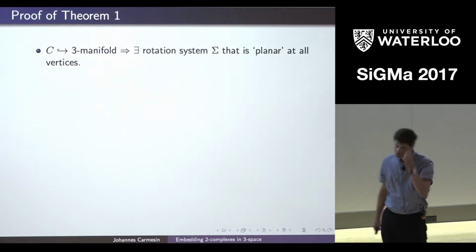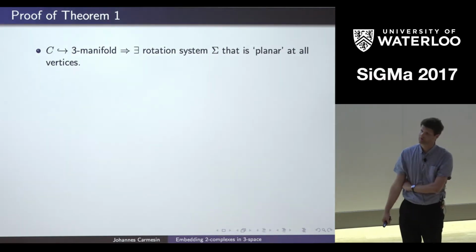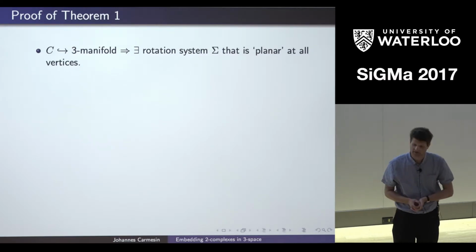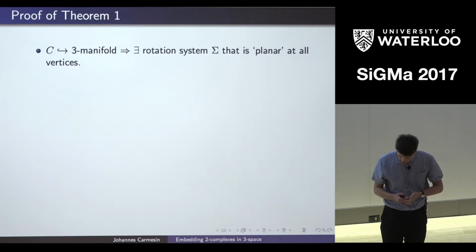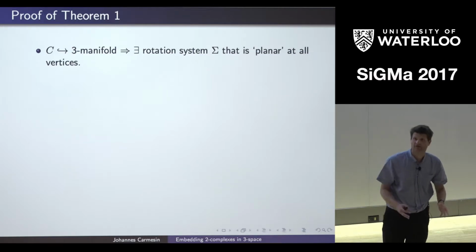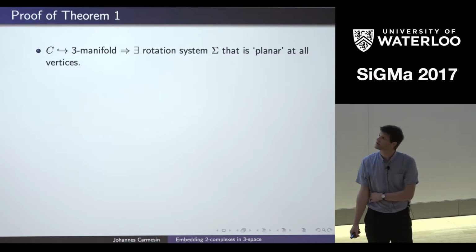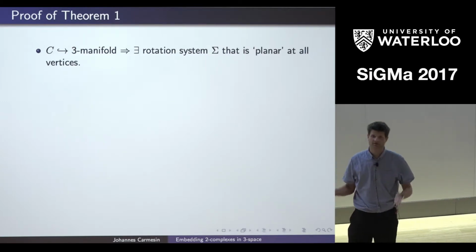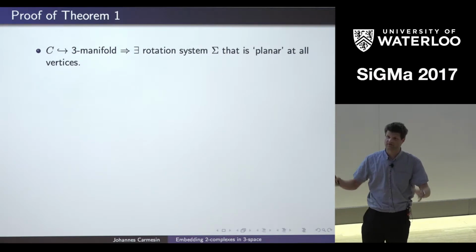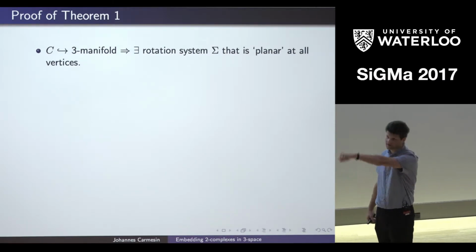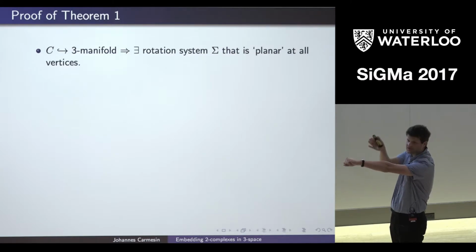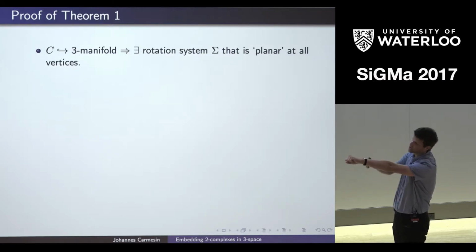So now I'd like to talk about and give an overview of the proof of the first theorem. So the theorem that we had: a locally 3 connected 2 complex is embeddable if and only if it doesn't have one of finitely many excluded minors. Right, so the first step is as follows. Assume you have a 2 complex that is embedded in 3-dimensional space. Then for every edge, you have a cyclic orientation of the incident faces in the embedding. Right? The embedding induces at each edge a cyclic orientation of the incident faces.